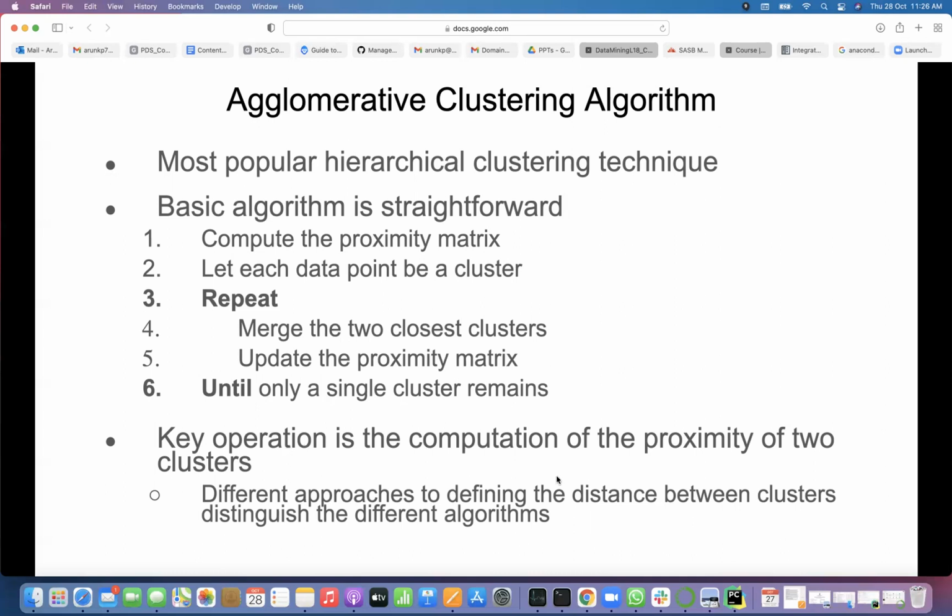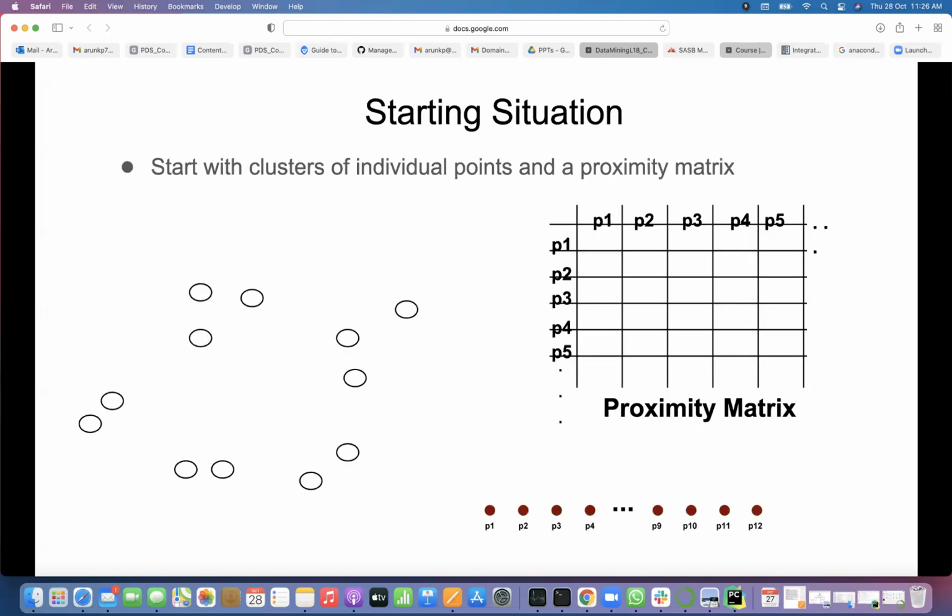The key operation is the computation of the proximity of 2 clusters. So to make the whole algorithm run, we need to compute the proximity between 2 clusters. First, we should define what the proximity value between 2 clusters is, then how to compute it. Different approaches to defining the distance between clusters distinguish the different algorithms. So based on the proximity measure we take, we will define different clustering algorithms.